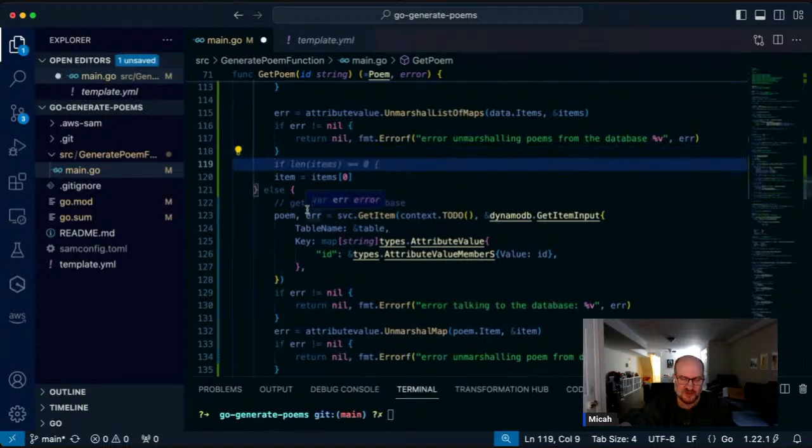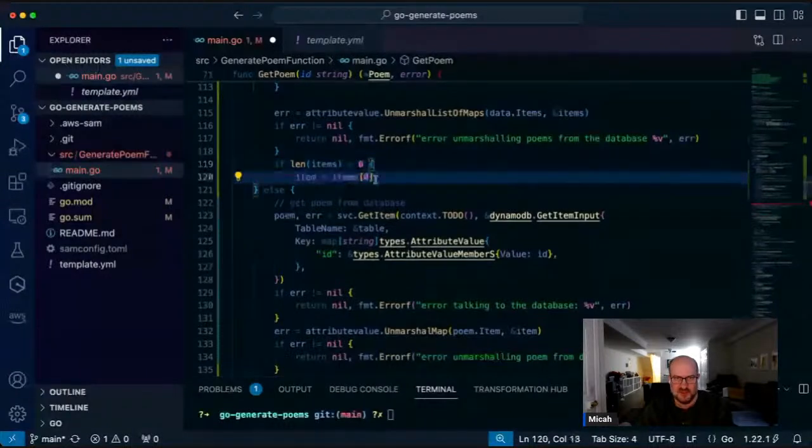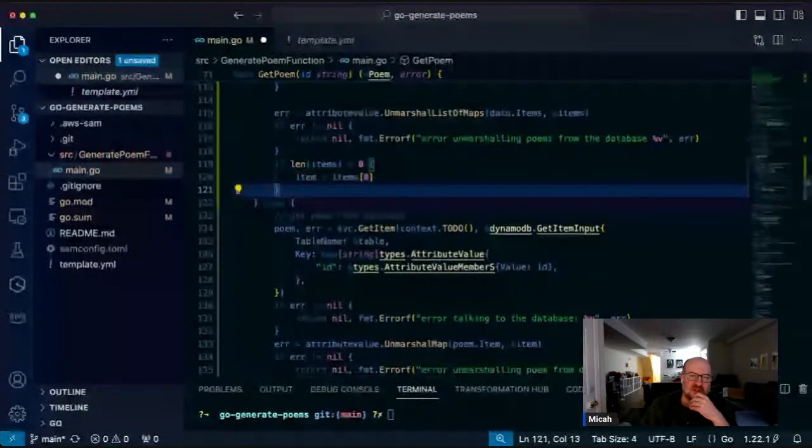So all I need to do is, look at that, if length of items should be greater than 0, do that. Will that work? All right, let me think about this.